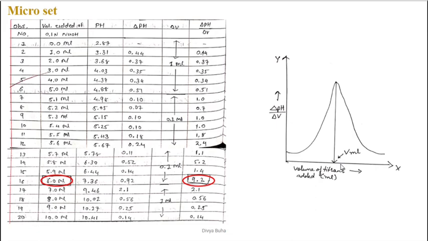And from there you need to draw a straight line. Whatever V ml you get would be equal to the equivalence point, right? And from the table also you can easily get to know that the equivalence point is at 6 ml. Okay, and over here from the graph also you will be getting V equals 6 ml.